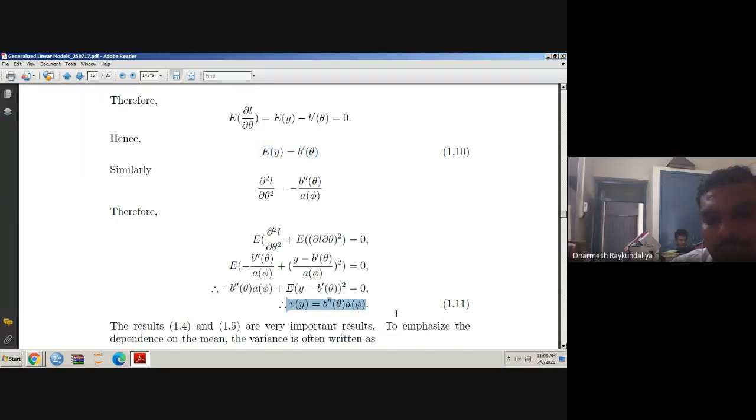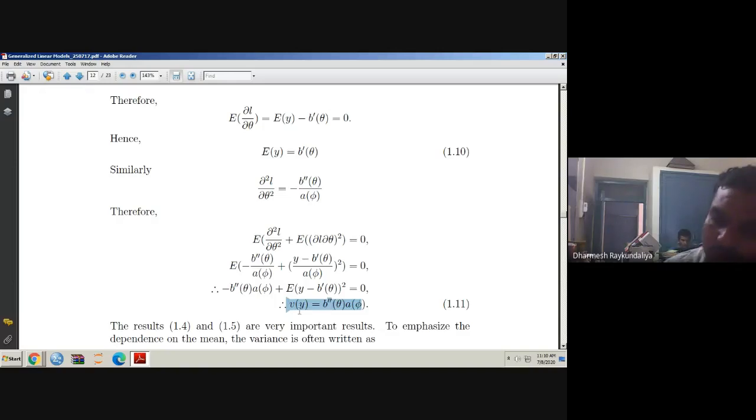Sometimes we ask in examination to derive the mean and variance of the exponential family of distribution in 3 marks, sometimes 4 marks. And if it is in 6 marks, we simultaneously ask to further obtain the mean and variance of the exponential and gamma distribution, Poisson and binomial distribution likewise. So you have to just calculate this mean and variance, and then you have to write the density in the form of exponential family, find out the form of b theta, take the derivative, it will give the mean, and take the second derivative, and you find out a phi, just multiply this, it will give the variance of the distribution.